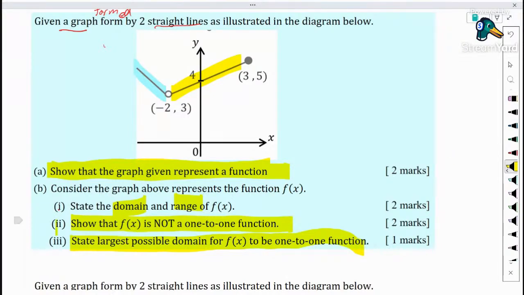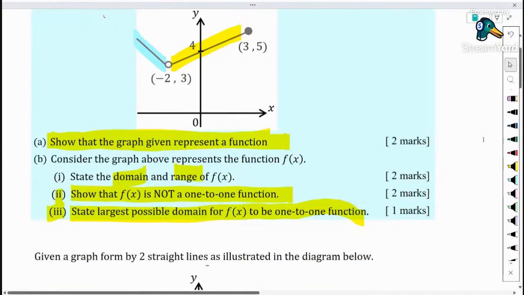So the original in part 2 is not one-to-one. Now in part 3, how can we make it one-to-one? And what is the largest possible domain so that it's one-to-one? This is what is being asked. And how we're going to solve the following questions, let's see. First,